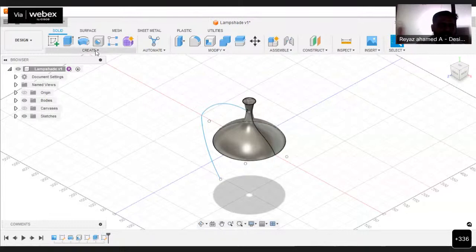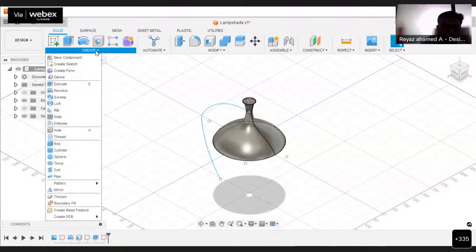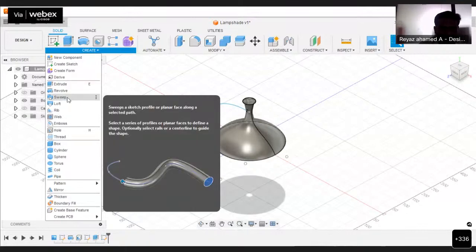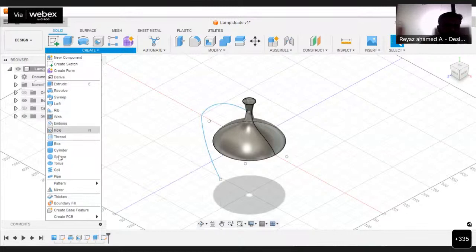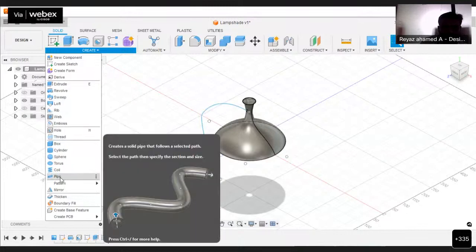Just click on the create option. I already said there are two options. One is the sweep option, for which I have to create a circular profile and then pass that profile along this path. Or else I can go ahead with the pipe option, where we need not create any profiles, because it is already a circular based pipe.